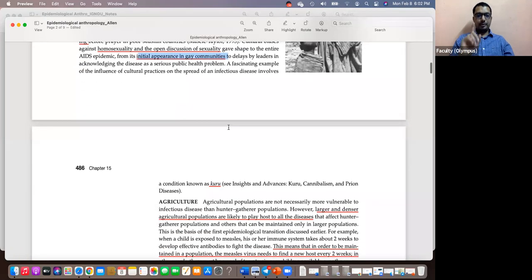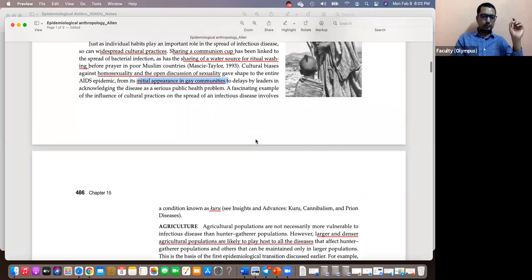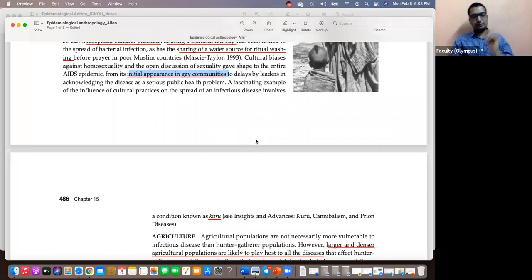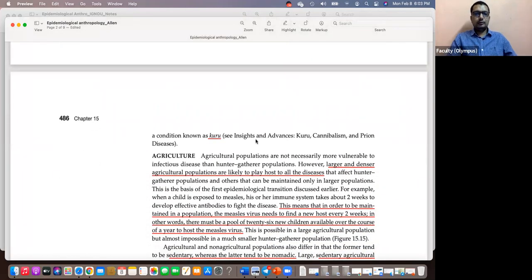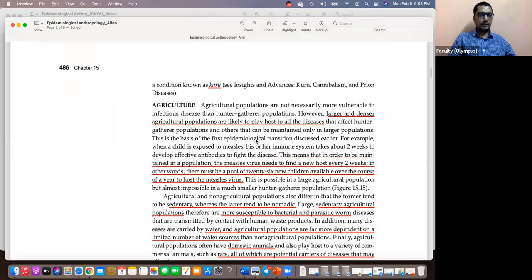Okay, and most important, I want you to make a note of it. I'm also going to show a case study on this. This is one very good, peculiar study of how diseases spread through cultural practices. Okay, in addition to what we discussed here, I'm going to show you from this source, Biological Anthropology by Allen and Stein. Not Stein as well, this is Allen. Okay, the PDF I'm going to share with you.